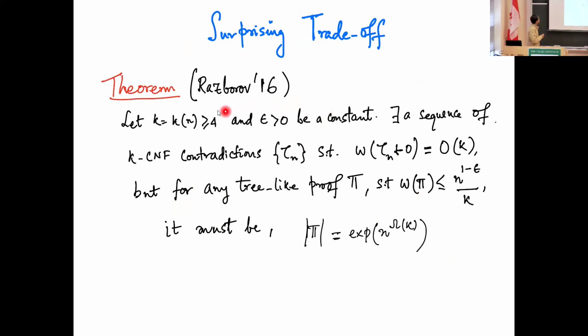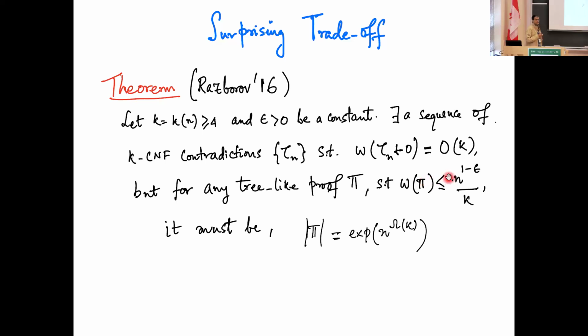He showed that for any growing function k of n, and any constant epsilon, there exists a sequence of contradictions τ_n, parameterized with k, such that they can all be refuted in width k. So if k is a constant, these are really small-width refutations. But any tree-like proof which tries to refute it in slightly better than trivial width